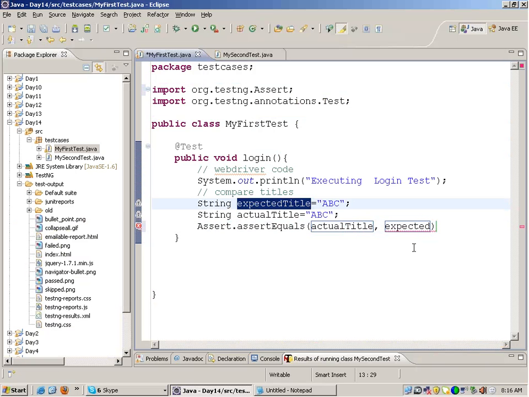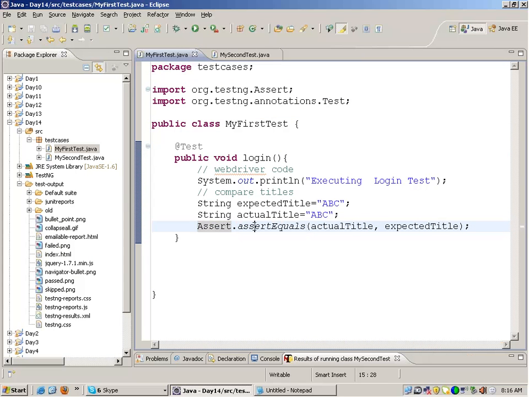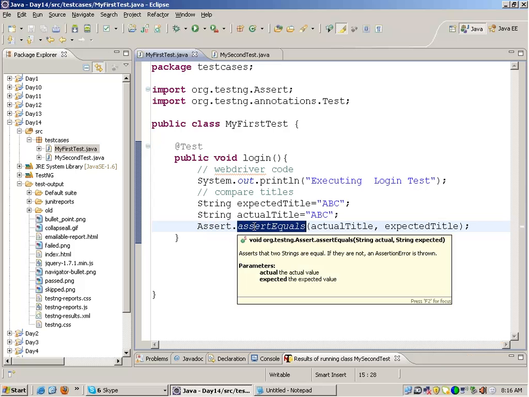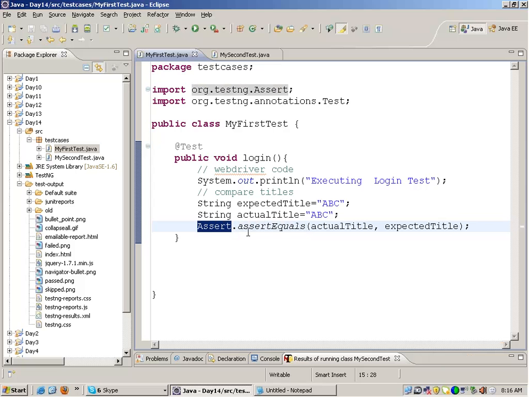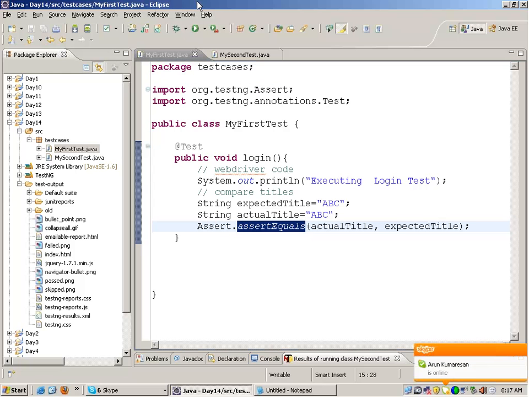The magic will happen inside the assert equals function. This function will communicate with the reports, and it will write whether the two things actually match or not. Fine. Assert is a class in which assert equals is a static function. That's why you are able to call it directly with the class name dot the method. Okay. So when you run this code,